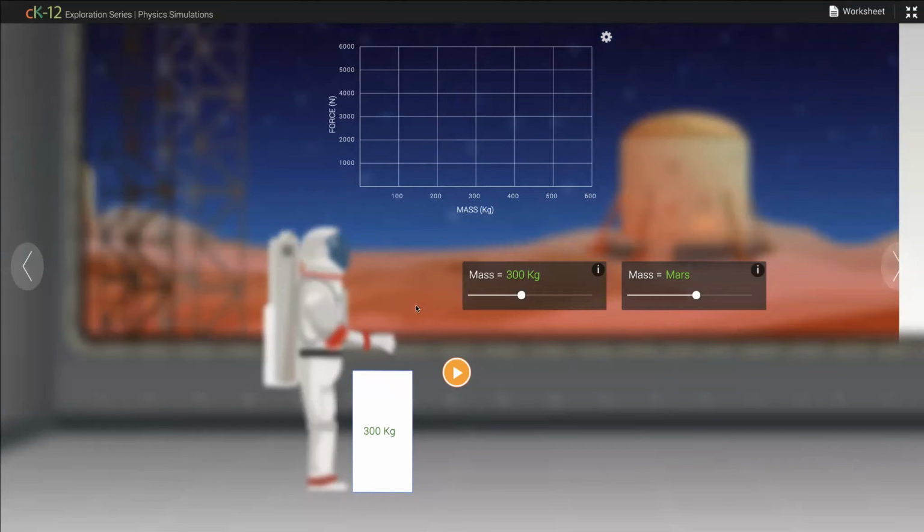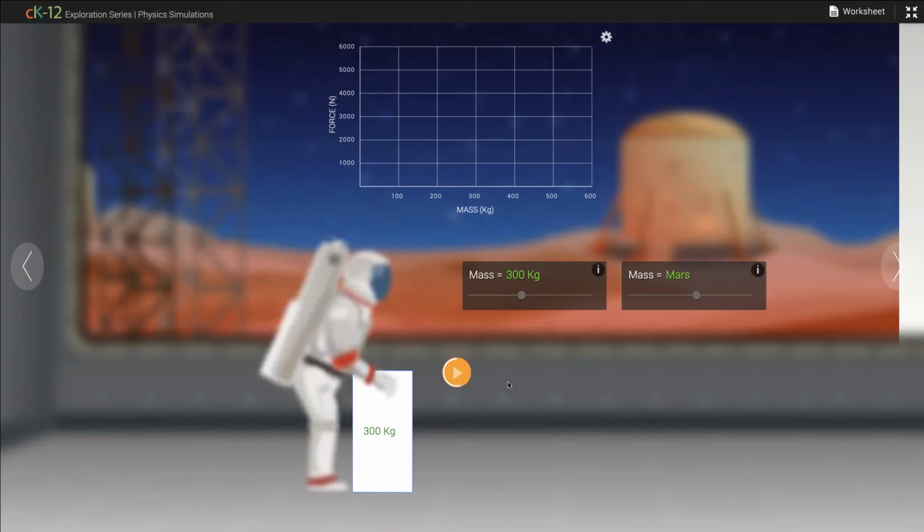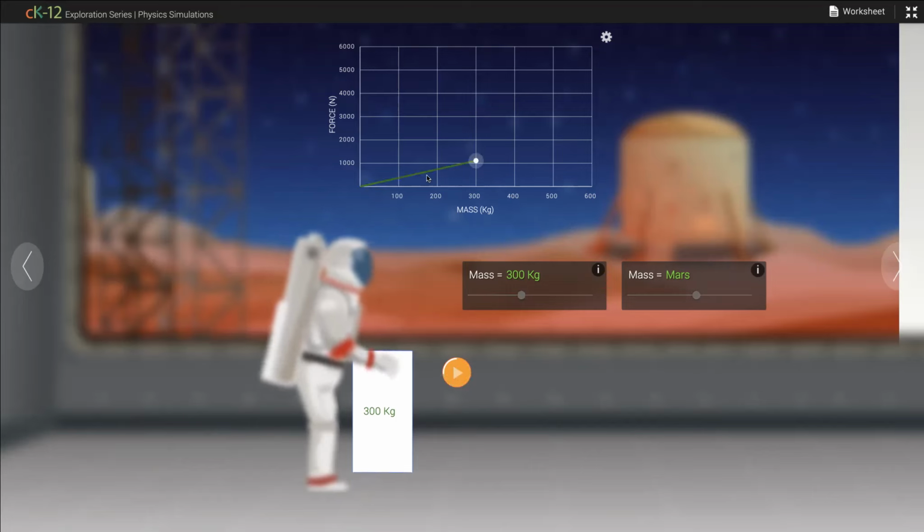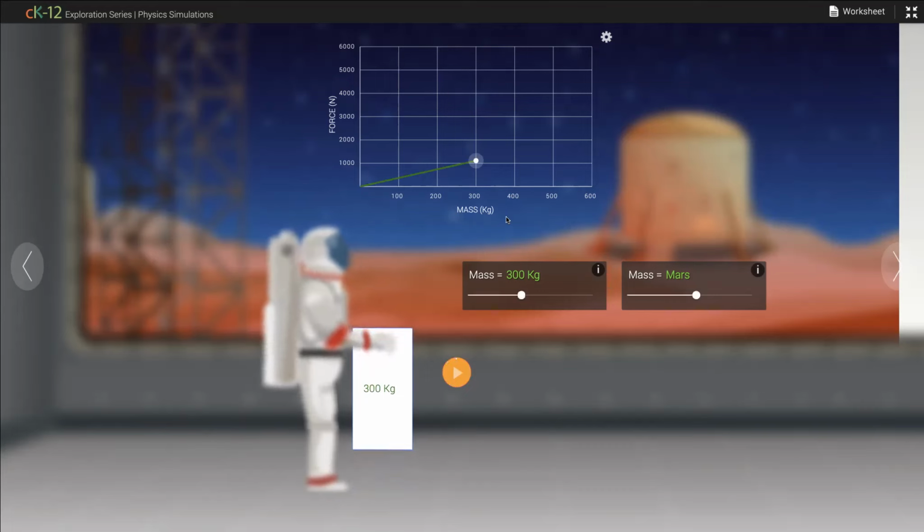So as you can see, I put my little astronaut on Mars, the background animation changed. And then you'll see that a line graph appears. One thing I'd like you to note is that all of our simulations, the graphs, the variables, they're all mathematically accurate. So if you would actually want to utilize this graph in your classroom, you can actually derive from the